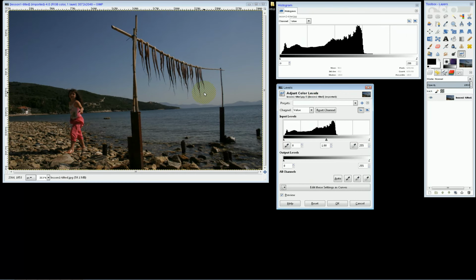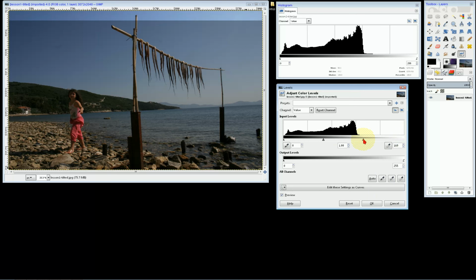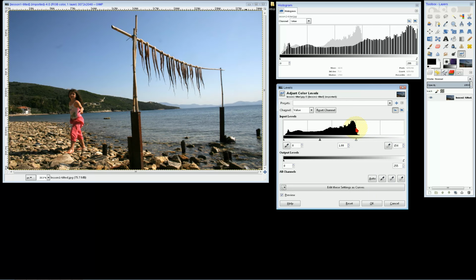Okay, in this picture now, after the gray point, let me talk a little bit about the two extreme points, the black point and the white point. If I drag any of the two extreme points inside the area where information exists, that is to say pixel values on the x-axis, this action will force some clipping either on the one side or the other, and this is something certainly undesirable, since no tones should be lost in the technical sense.